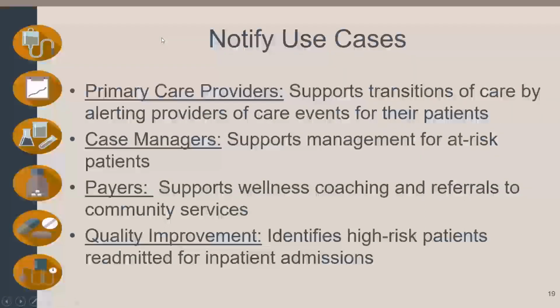We did want to quickly mention just a few other use cases that our event notification service does support. The first one is for primary care providers supporting transitions of care for their patients. This does really align with the new COP. If you are a primary care provider looking to support transitions of care for your patients from inpatient settings back to your office in a timely manner, our notification service can provide that ability for you to engage those patients early on and get those patients back into your practice